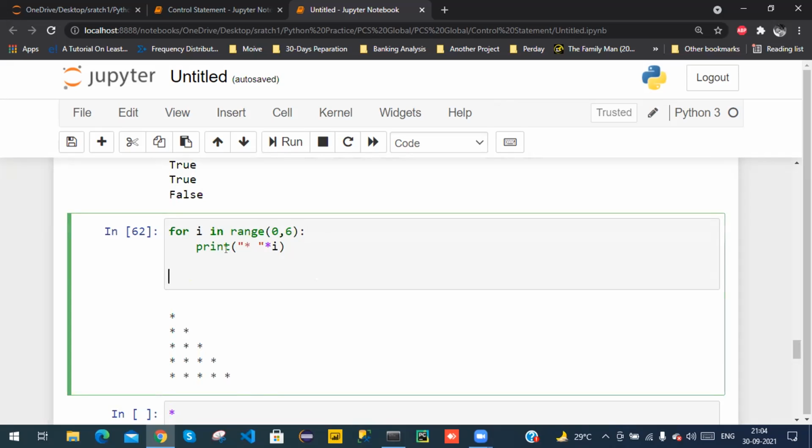Means 6 lines. Okay. Now print, start means start within the double quotes. That means it's a string, and after that one asterisk and i. First, i value is what? i equal to 0. Now start. Okay, multiplication of 0. That means